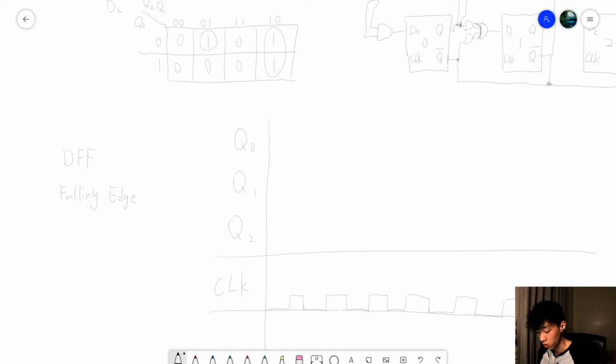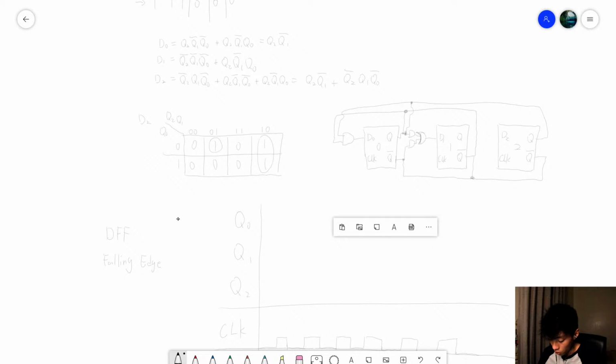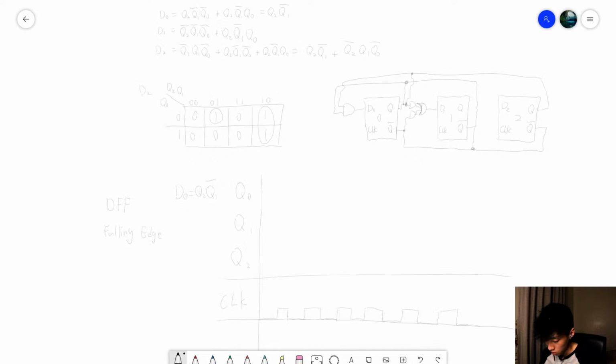And we know our Q0 is determined by D0, which is equal to Q2 and Q1 not. Our D1 is connected to